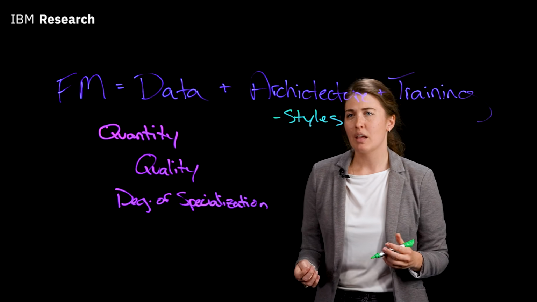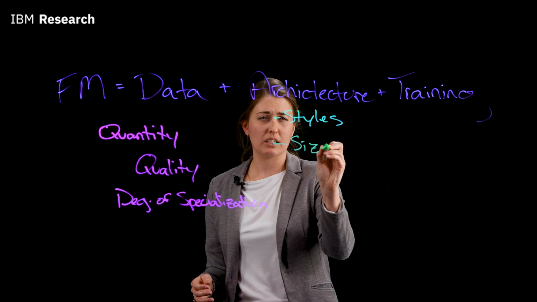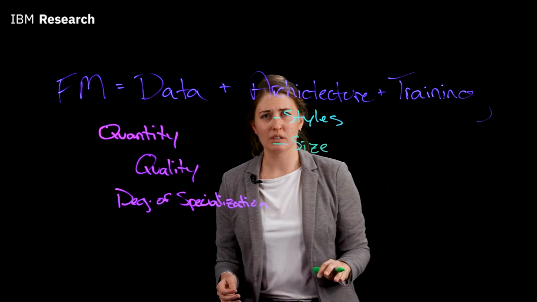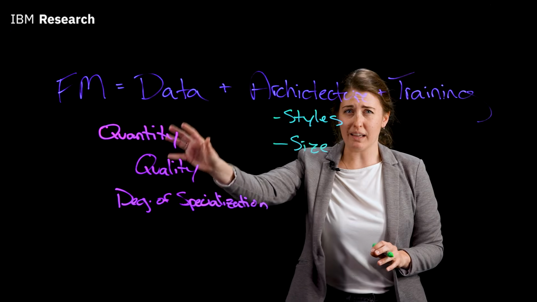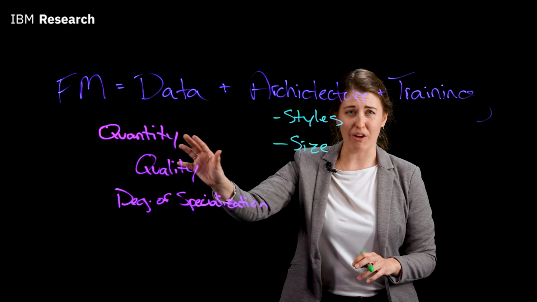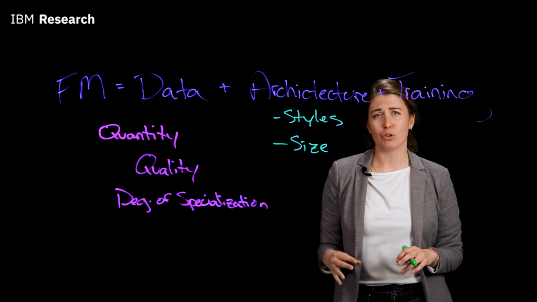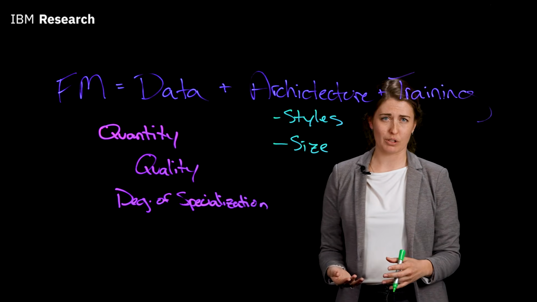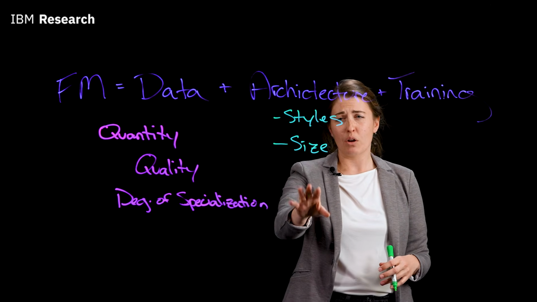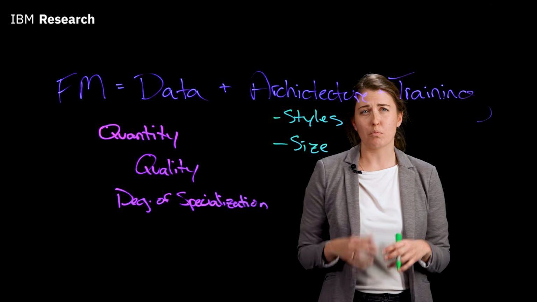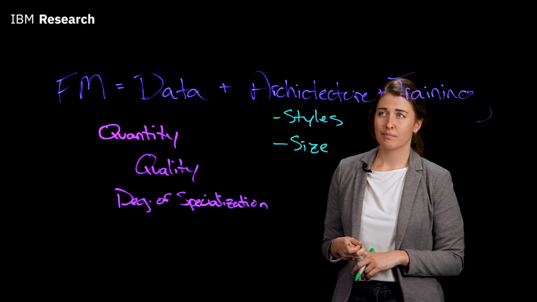In addition to the style of the architecture, there's the size. And here I'm talking again about the parameters. You want to make sure that the size of your model is related to the size of the training data that you have. If you have too big of a model, too many parameters for the amount of training data, you're going to overfit, leading to trustworthiness issues. And you're also going to have efficiency issues. The bigger your model, the more compute costs it will take both to train it and to run inference.